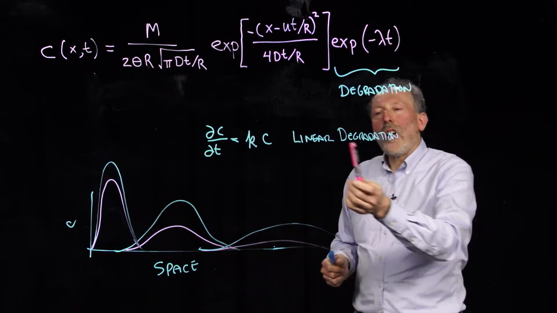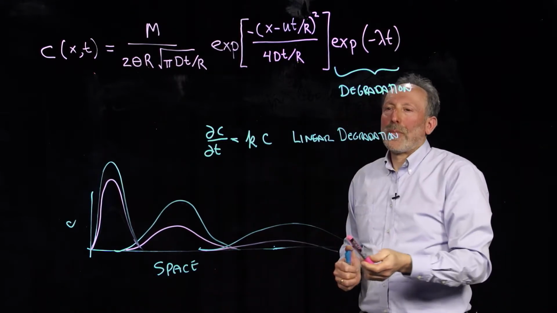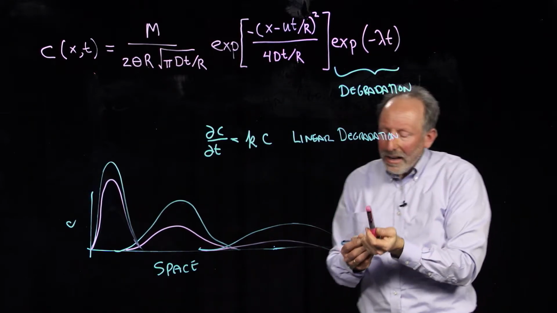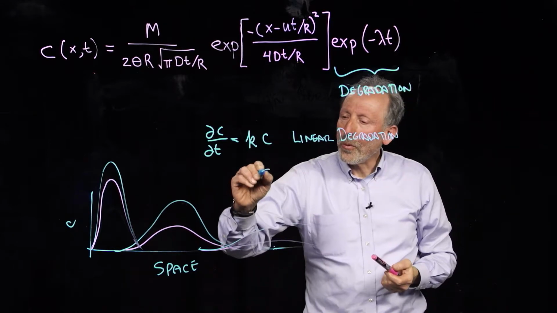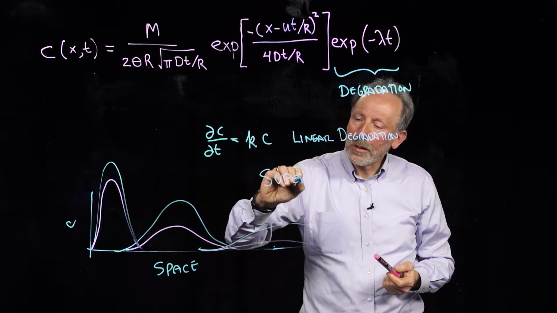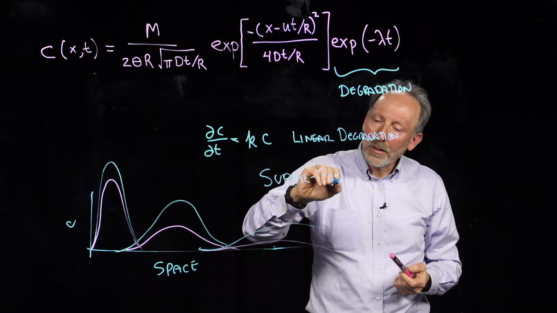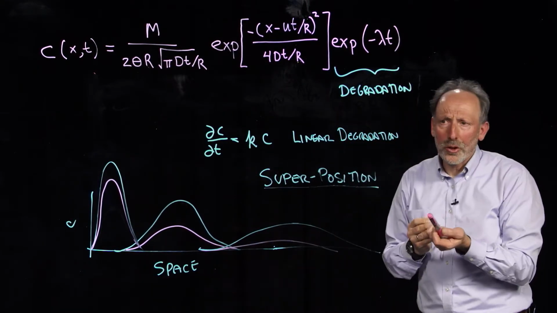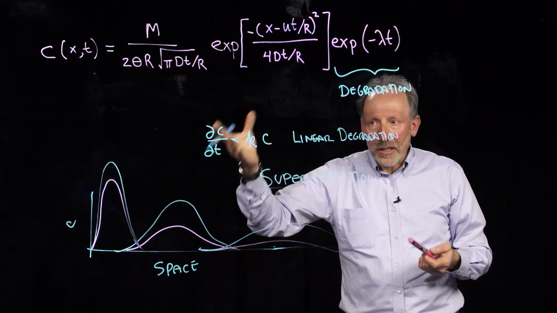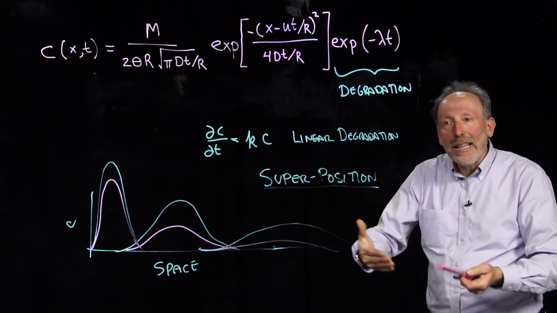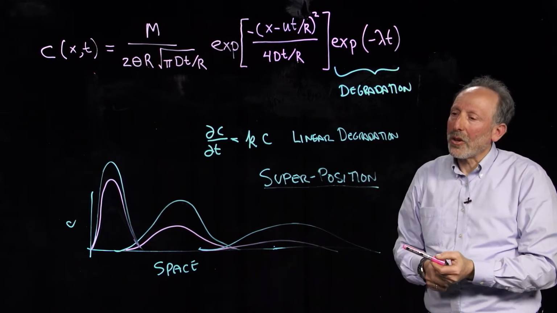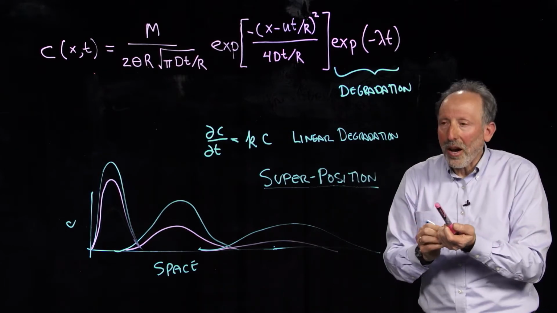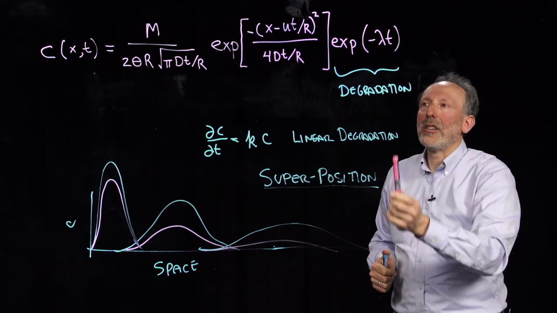What we've pointed out is we've always used linear descriptors: linear retardation, linear absorption, linear degradation. And that allows us to do the most important thing, which is superposition. We can superimpose solutions, because if we double the concentration, it's still a solution. Any new solution added to an old solution is also a solution. So this idea of superposition is one of the key positive outcomes of using a linear degradation and a linear